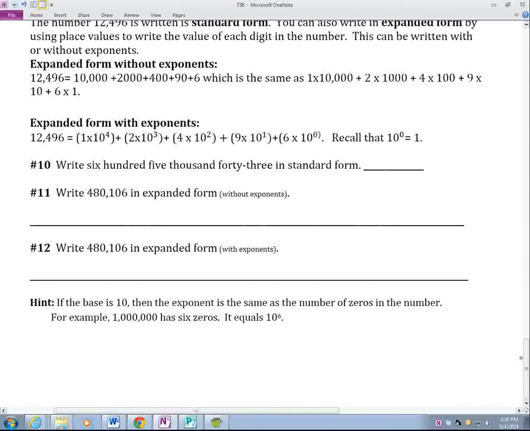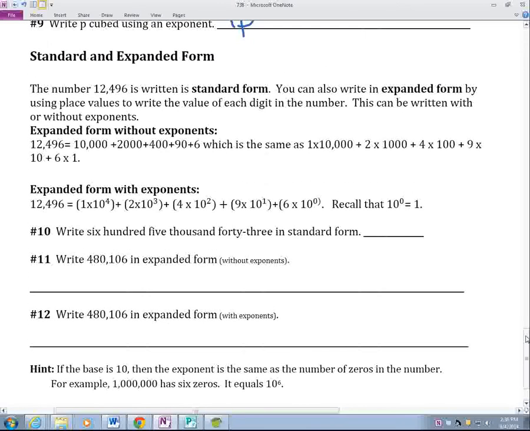Okay. Now, expanded form. Expanded form is just adding numbers in their digits with zeros on the end, essentially. So the standard form is the way that normal people think, but we mathematicians can also write it in expanded form by using place values to write the value of each digit. This can be written with or without exponents. Here it is without exponents. We have